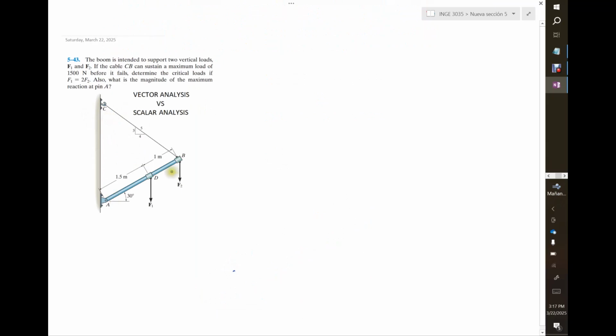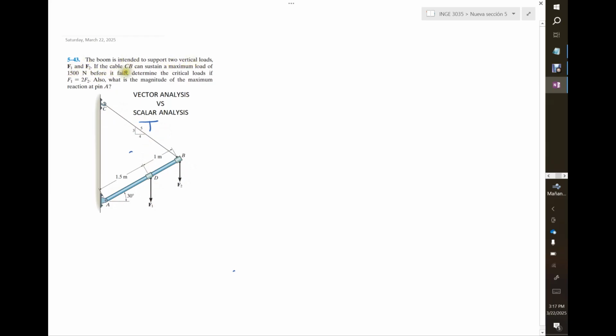We have a boom as shown here, and that boom has two forces, one is F2 and the other one is F1, but it also has a tension T here as shown. According to the problem, the boom is intended to support two vertical loads,